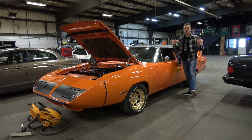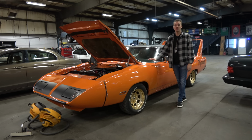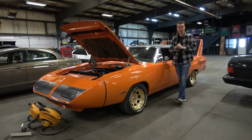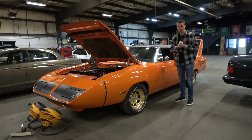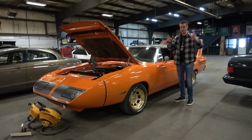Welcome to Hoovie's Garage, the dumbest automotive channel in all of YouTube, and this is my 1970 Plymouth Superbird resto mod. It was originally a 426 Hemi Superbird that was a race car. It was wrecked, and then it was restored, or rather resto modded, into this crazy thing that was a complete basket case. I bought it with numerous unknown or undisclosed issues, and the car wizard has been diligently working through all of them, but he's sort of reached the point where some things may be unfixable, at least for him and its current setup. So really it's kind of a bummer, or not kind of, it actually is a bummer,